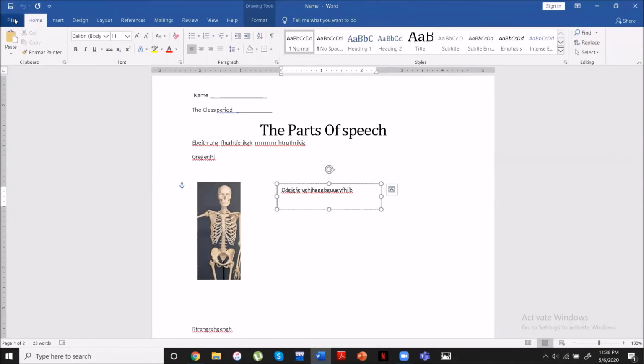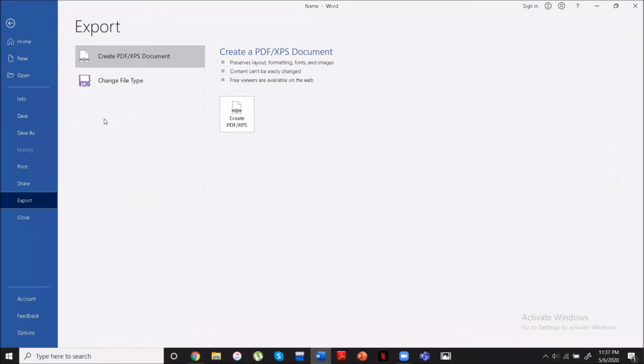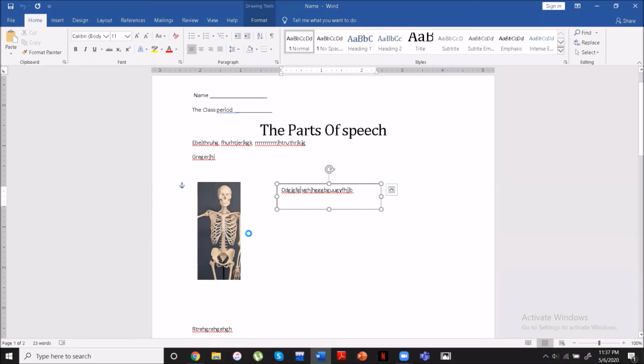Of course, if I again click here on the file, I have other options as well. I can even print it from over here, but it's a good idea to save first just so you don't forget. But now I can print and there's all these print options. In addition to print and save, notice that there's an export option as well. When you click on it, you can see that you're even able to convert your document into a PDF format. So I'll simply click this option and it will create a PDF, and again I will save it into my desktop.